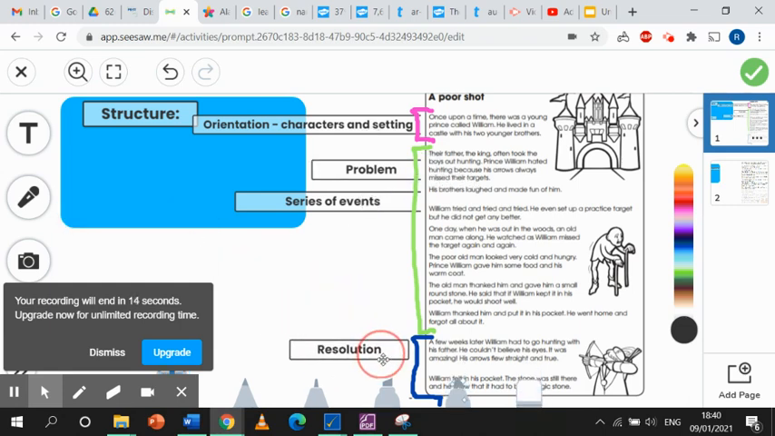Now, at the end, we've got a resolution. So the old man gave William a stone. It was magic. I want you to read the resolution by yourselves at the end. And then I want you to have a look at the activity and see, can you